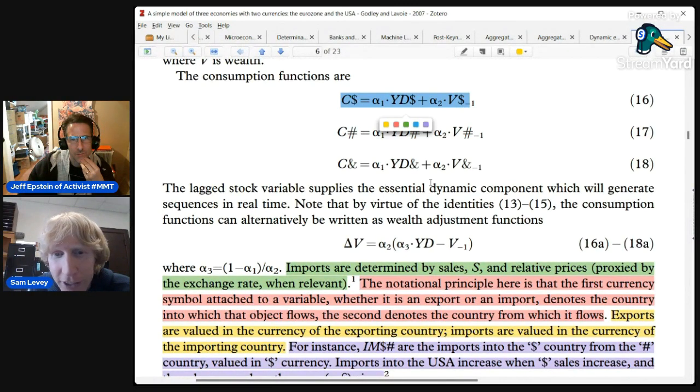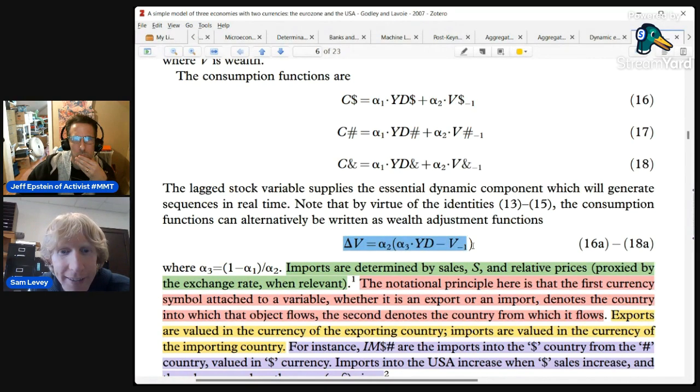And this is like one for each country, I guess, but you can take this equation and manipulate it into an equation that looks like this. And what this equation is saying is that this over here ends up being like a ratio of wealth to income. So this is your change in wealth, right?